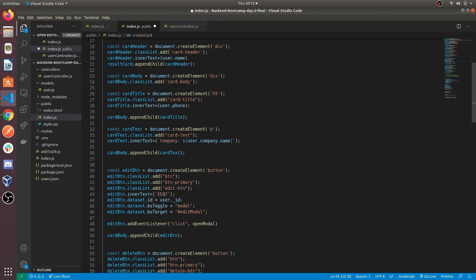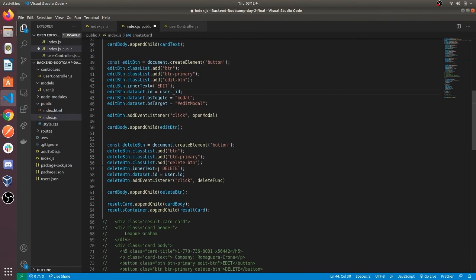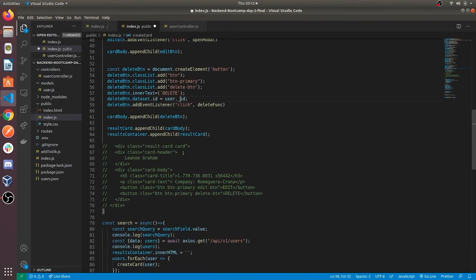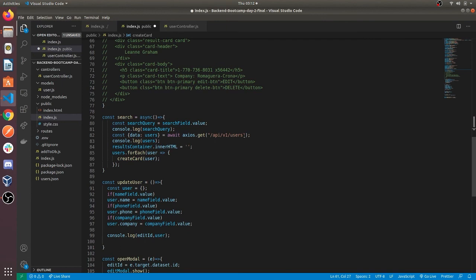This user we will be getting from our database. Similarly here, now for using the search functionality, we need to provide the search query as a query parameter.